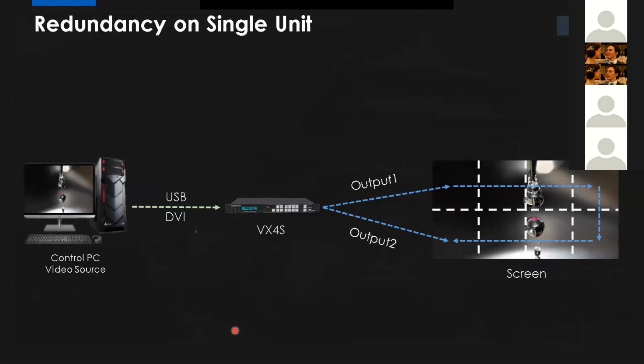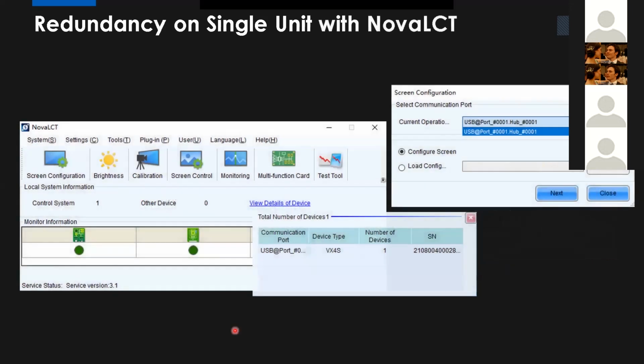So for the single unit port backup, we start with the NovaStar software. So when we log in and click the screen configuration, there is only one option to select the USB cable port, because we only have one controller, of course, connected to the PC. So when we click next,